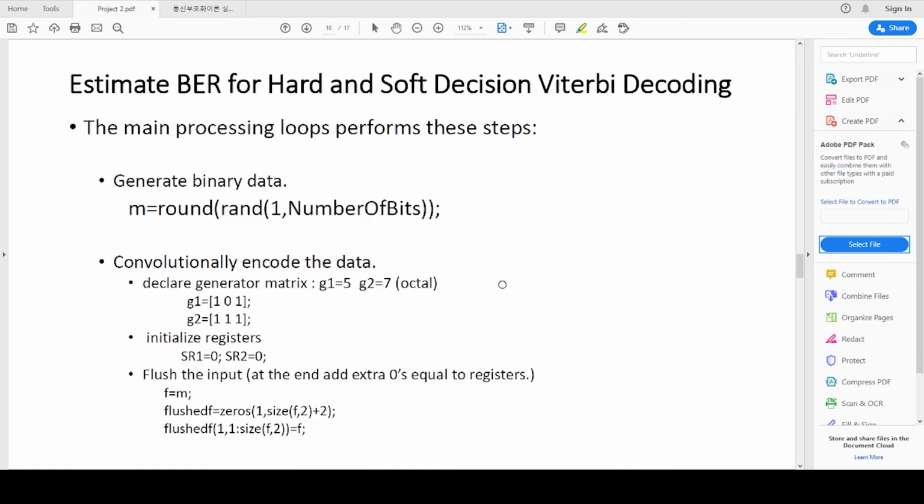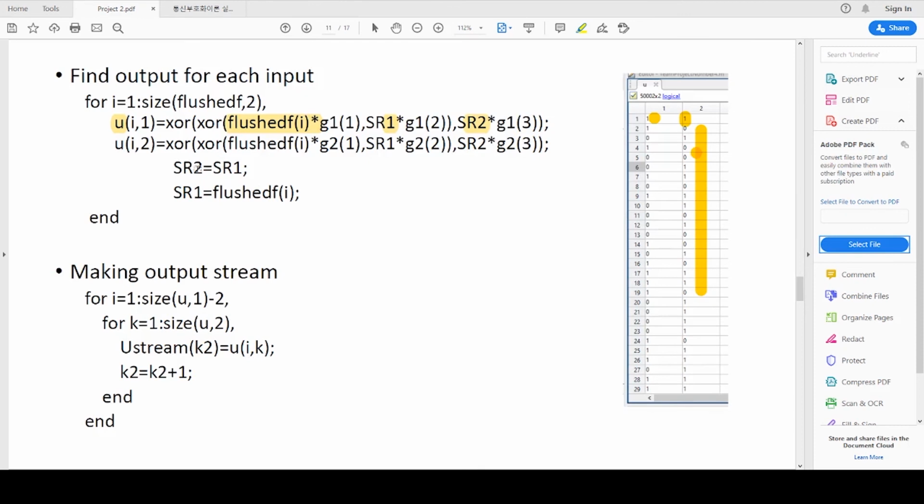So that's why here we assign the second register value equal to the first register, and the first register value should be the first value from the flushed F. We do this for loop till we calculate all code words for all input.